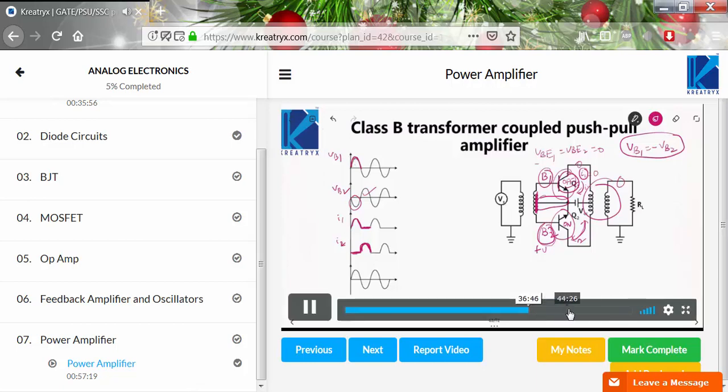through the primary winding of the second transformer. Now what is the output of the second transformer? The resulting current will be bidirectional. The resulting current is nothing but I1 minus I2. This is the resulting current. See, it is bidirectional, both positive and negative, with the help of the second transformer.